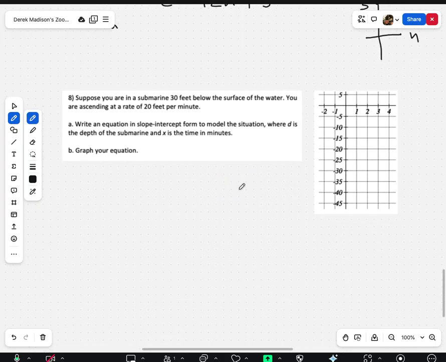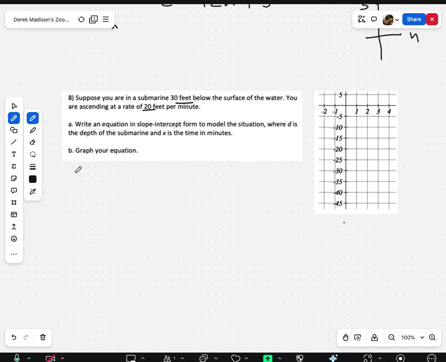And then this last one: suppose we're in a submarine 30 feet below the surface. You're ascending at a rate of 20 feet per minute. That sounds like a rate right there, and this sounds like a starting amount. Write an equation in slope-intercept form to model the situation where d is the depth and x is the time in minutes. So kind of just looking at the graph that they gave us